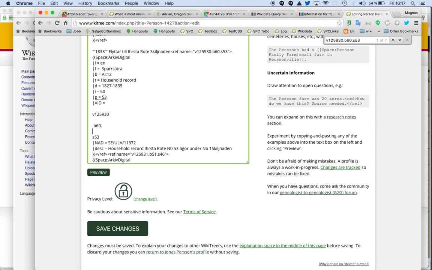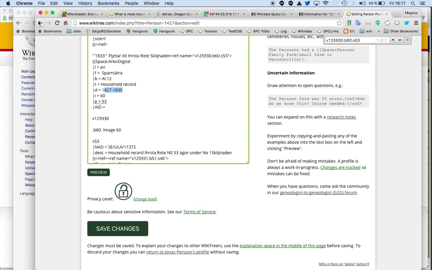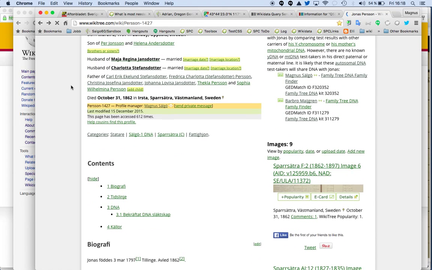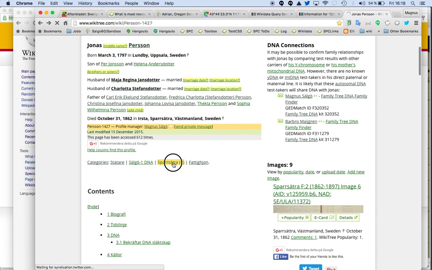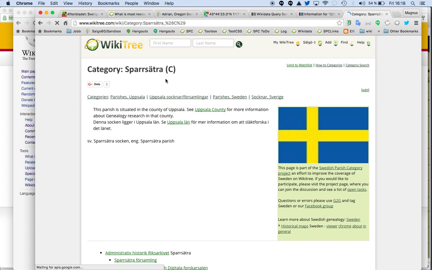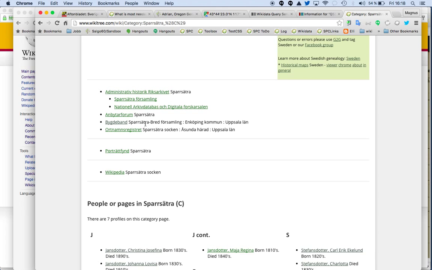If they have in the same book, how far away is it from, this is the image 60. Do they have someone also in the same book? Or we have the name here, which is rather unique. It's the parish, and you have the dates here, so that could also be used. And as we have the parish, I have started to connect this person to this page, and this page is